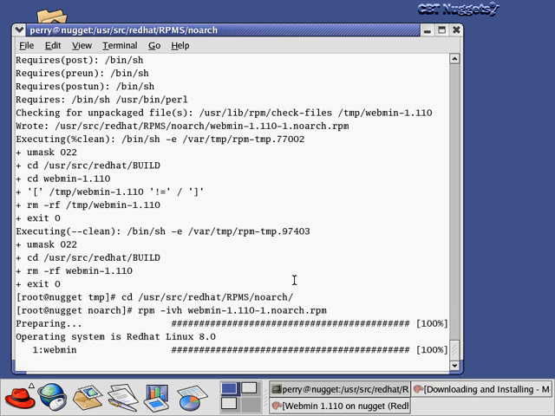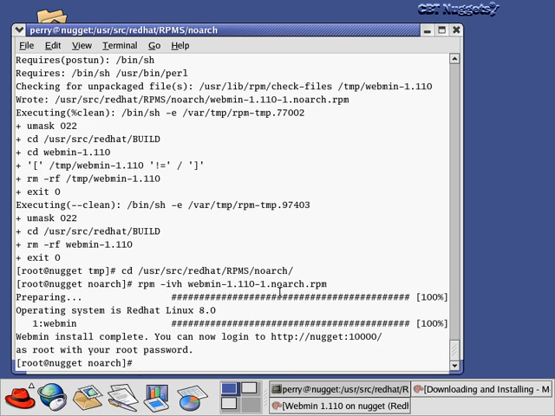But probably the more common reason for people is that their architecture is not listed here, and so they would just grab the source code so that they could actually get this running on their computer because there wasn't a binary out there for it. So you can see here now we've done the same command that we did last time,